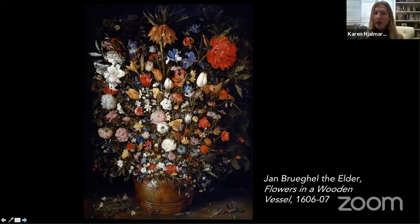Jan Bruegel did paintings other than just still life. He did mythological, historical, portraiture, but he really was known for his still lifes. And they called him Velvet Bruegel. And the reason being is that he could capture the texture on even a piece of velvet that made it seem so real. Now, realism was important to the Dutch painters in the sense that they were beginning to study